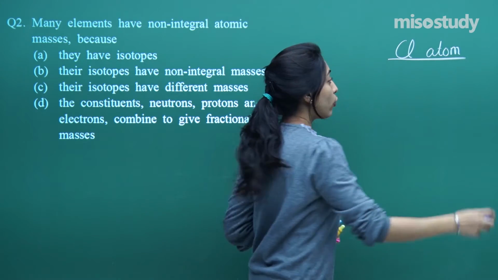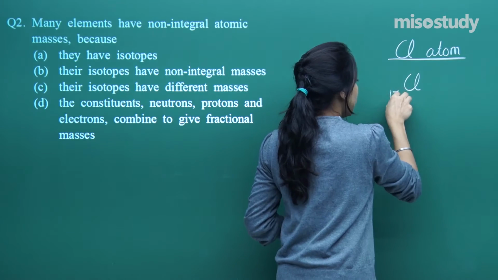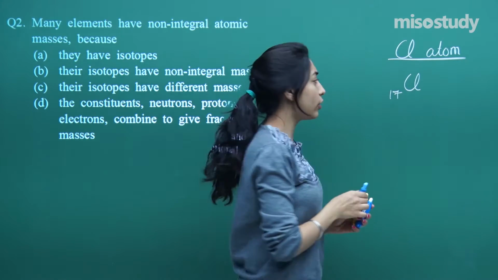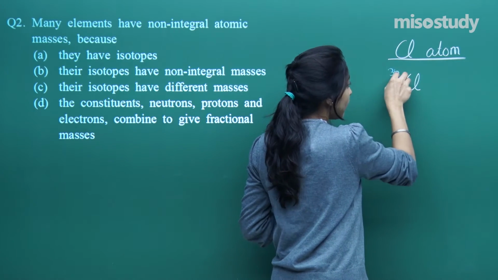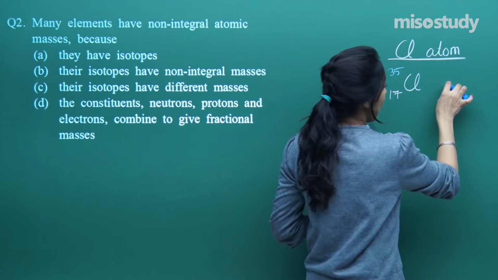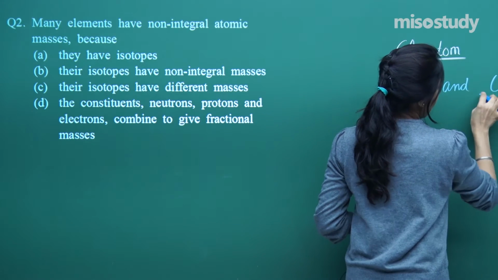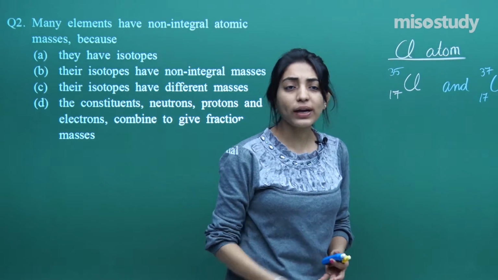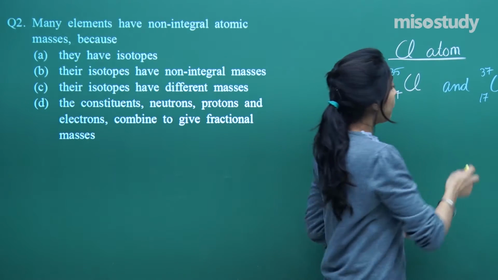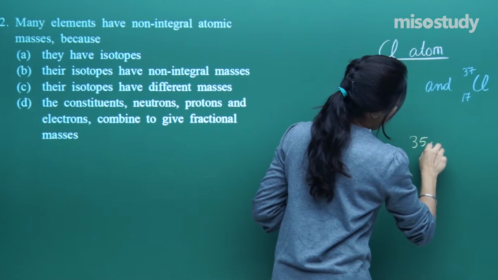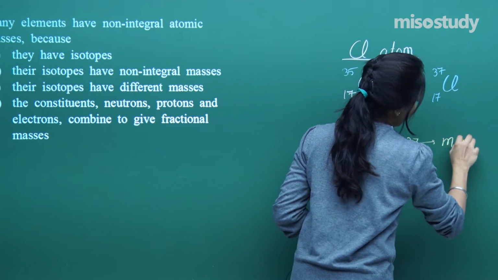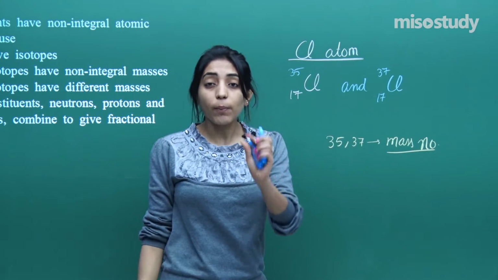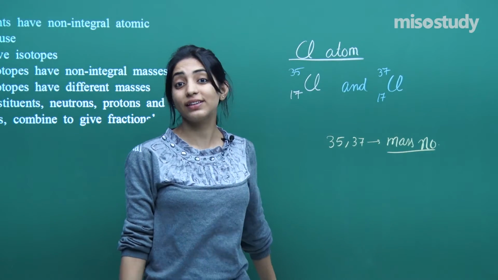You remember guys, chlorine atom has 17 protons, and I remember while I was discussing isotopes with you, we said that chlorine-35 was one isotope of chlorine and chlorine-37 was another isotope of chlorine. By the way, what are this 35 and 37? This 35 and 37 stand for mass number, right? The number of protons plus neutrons present in an atom.